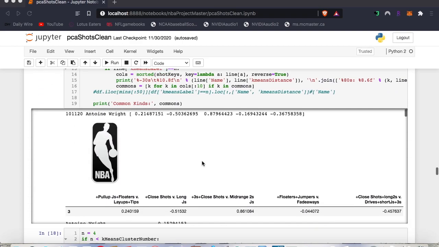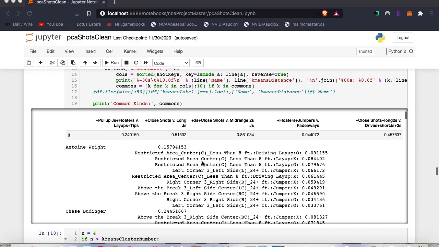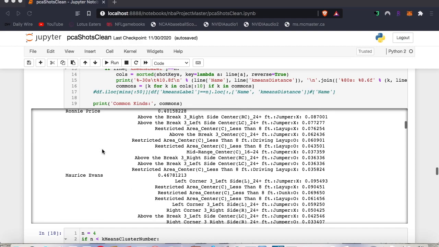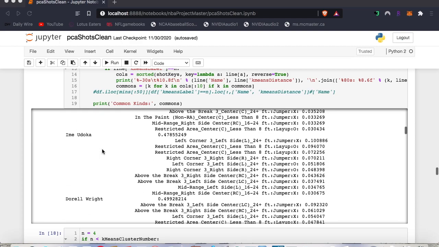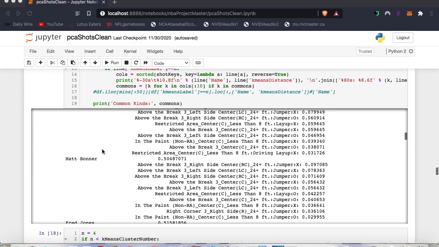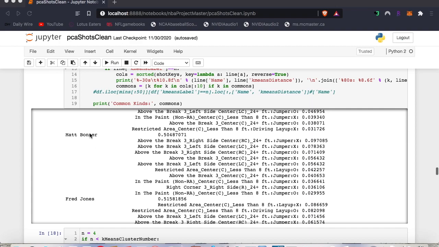The fourth component is going to be mostly three-point shooters. So these are players that most of their shots are going to be three-point attempts. So Antoine Wright, Chase Budinger, Rodney Carney, Dabo Cephalosha, Rodney Price, Randy Foye. A lot of these are kind of players that were more 2010-ish era. Matt Bonner,